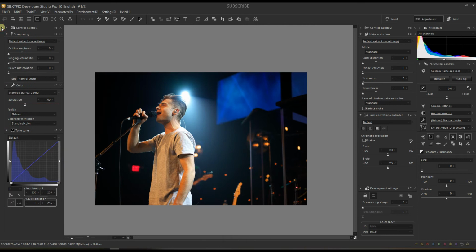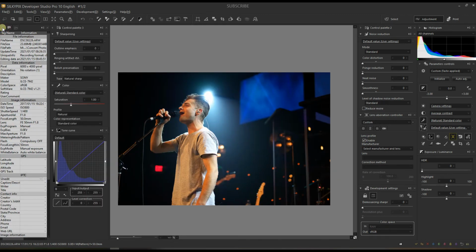So noise is considerably low. Color looks very vivid, which is a very good thing. Now, because again, I'm telling you, in indoor photography, light constantly changes. So that means that each photo can be very different from each other. So that's a challenge. In this case, again, I'm going to go to the lens correction, enable lens correction, have a quick look at my lens, which is a Sony 50mm f1.8,